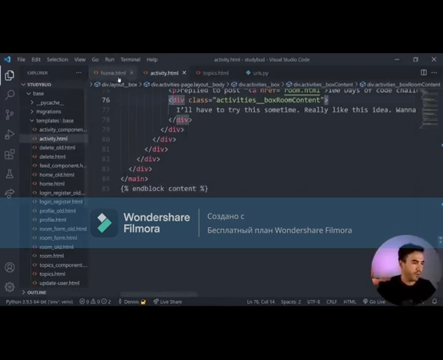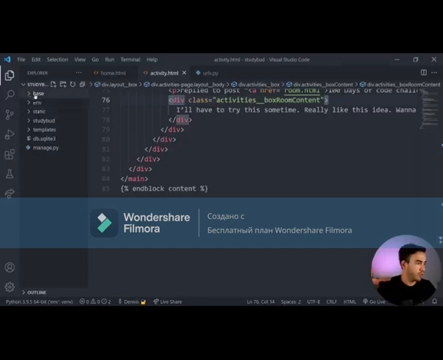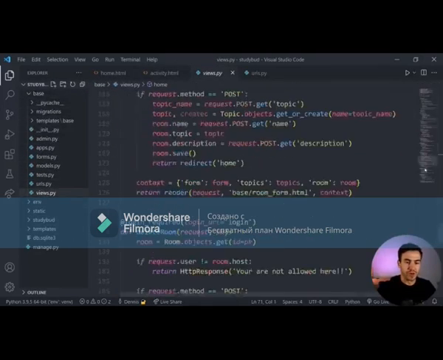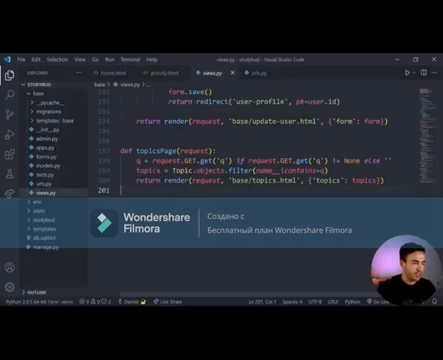We want to create a view for this. So we'll close out topics, and let's go to our views file. So we'll go to views, and just underneath the topics view, let's create a new view for activities. Okay, so we'll just do activity page. So that's going to store all the activity on this website, I guess. And then we're just going to do return,